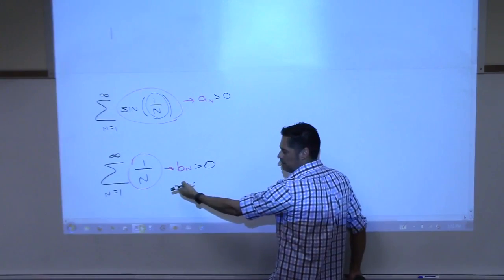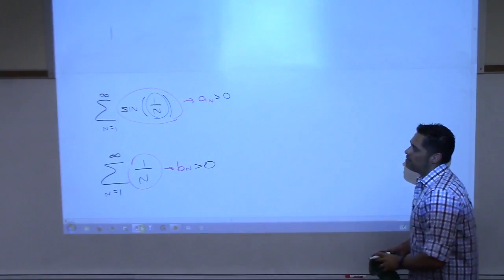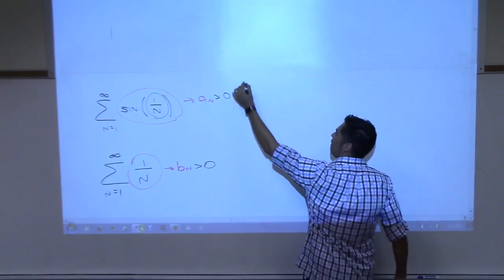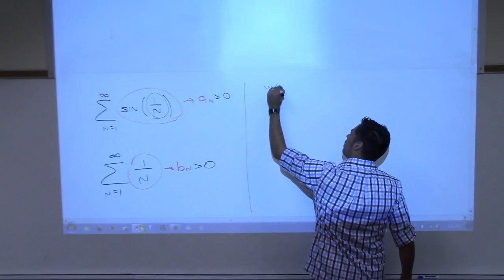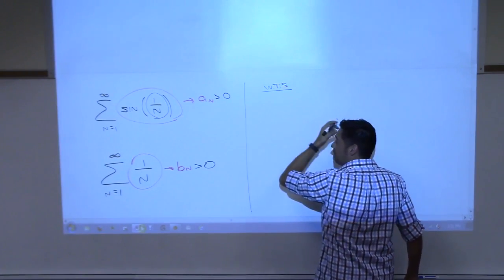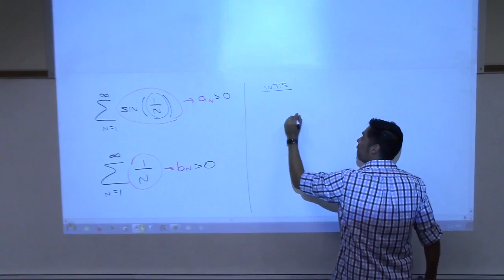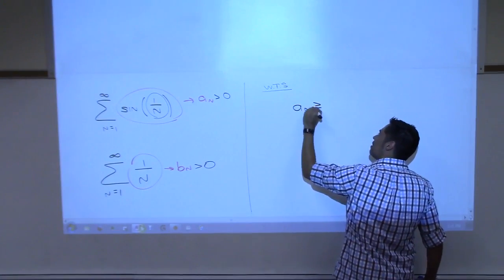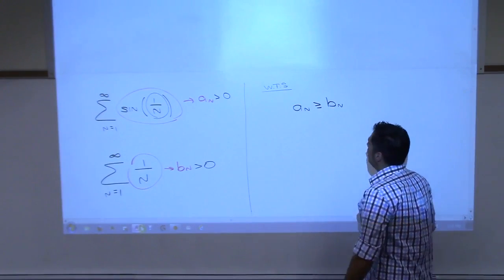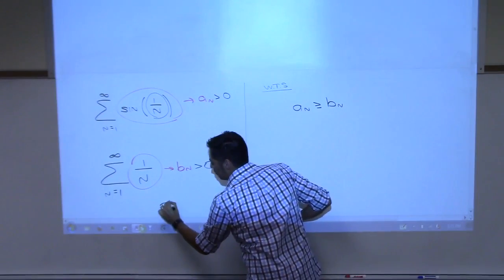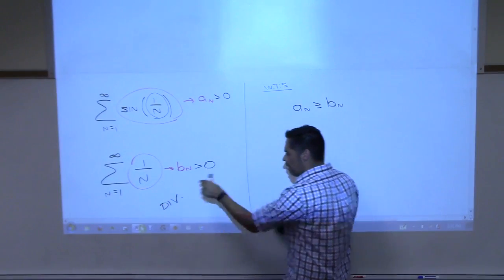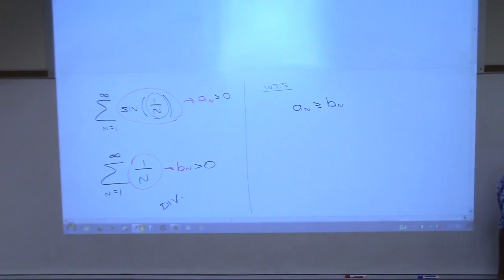That one's obvious, right? Okay. And what do you want to show? This time the inequality is different. It's A sub n is bigger than B sub n. And that's because this one diverged. That's a divergent harmonic series, so the inequality is flipped. And